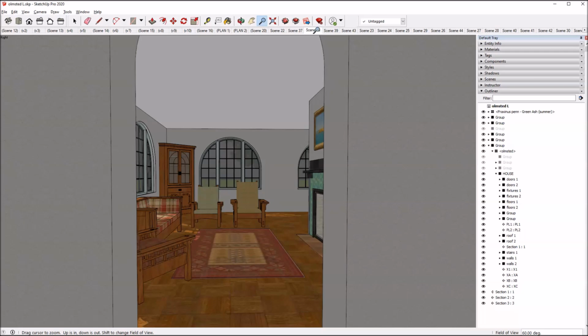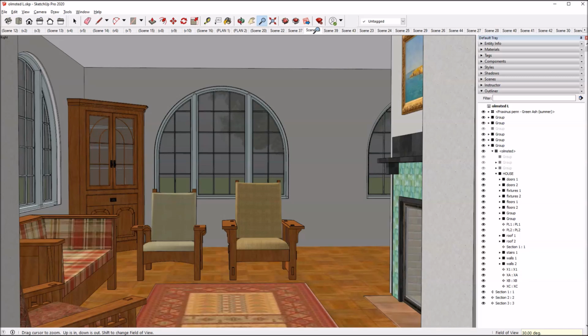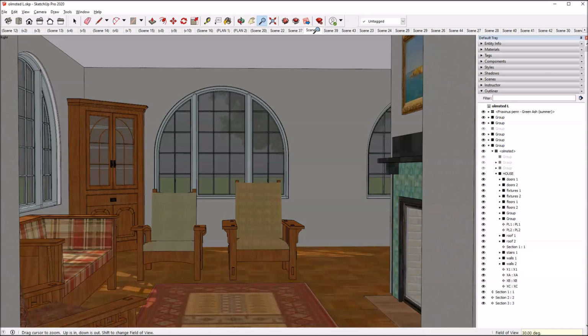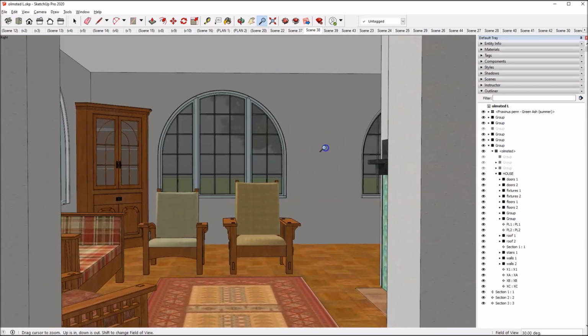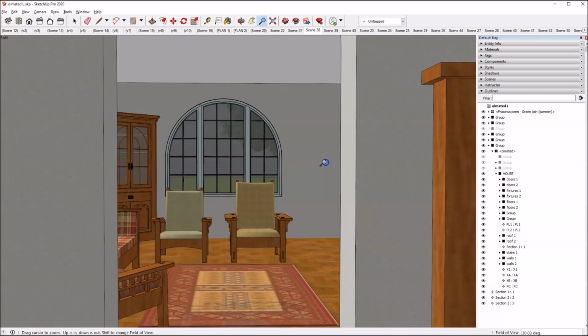Here's what it would look like with a 30-degree view. We lose the arch pretty much entirely. You can actually see the edges of it at each edge of the frame, but there's not enough there to be clear what we're actually looking at. And I can't back up much more or I run into the wall behind me. I can back up a little bit, but